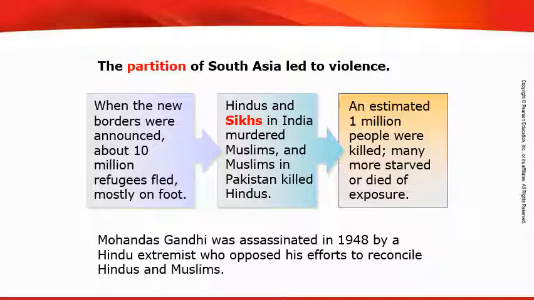So when the borders were defined, almost 10 million people migrated from both sides, and ultimately thousands and thousands of people were killed. It is estimated that almost 1 million people were killed from both sides, and many more